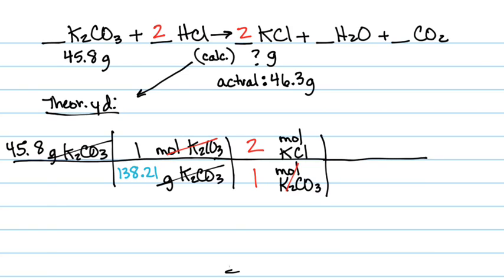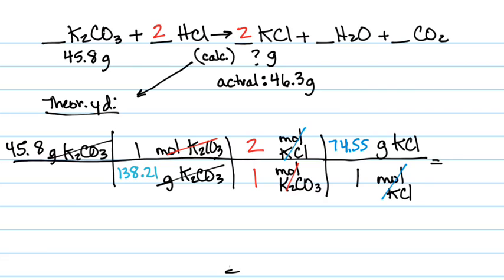So when I continue to go, moles of KCl here, I can go from moles to grams. That's molar mass again, just this time it's reversed. So go find the mass of KCl. That's 1 potassium and 1 chlorine atom. When you add up those masses from the periodic table, you should get